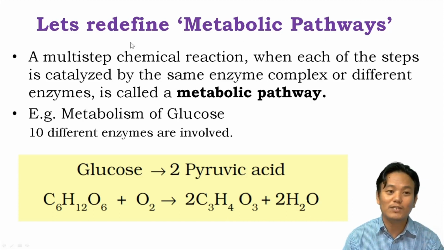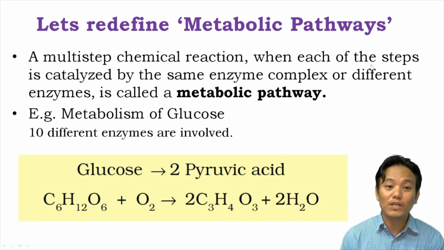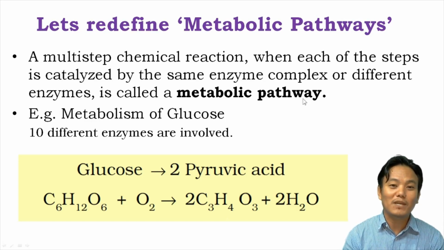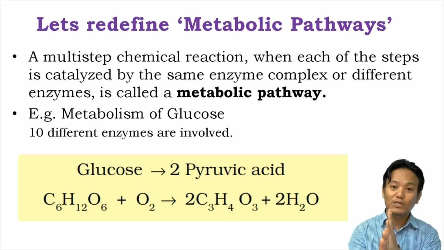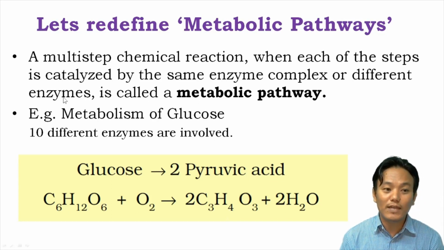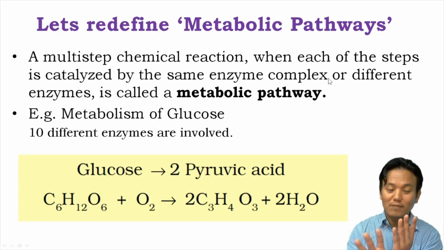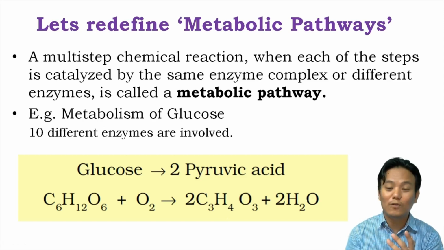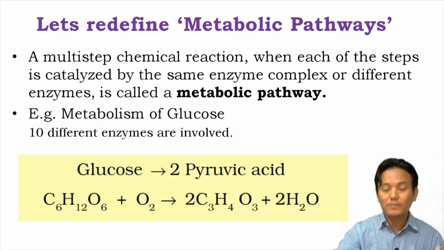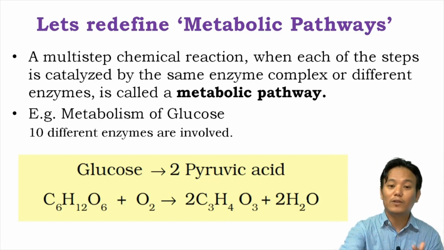Metabolic pathway la ding azu yangya jikta go a multi-step chemical reaction where each of the steps are catalyzed by the same enzyme complex or different enzymes is called as a metabolic pathway ta metabolic pathway la na khalla gore la bi ba na dinya de she khar jasu metabolic reaction mangbu chik ro pasu interlinked him and chik the chik connected him by na then metabolic pathway la gore line ba ta de la khari yore enzyme la chik di chu yor reaction manda dige sama khari gi catalyze chi gore enzyme gi di chi gore catalyze chi gore ta dige sama khaji they form an enzyme complex right or they form a group of enzymes right and a group of enzymes which catalyze different metabolic reactions right and that type of metabolic reactions they are called as a